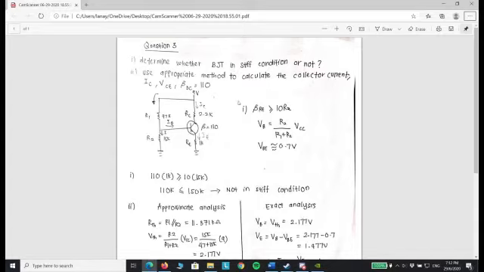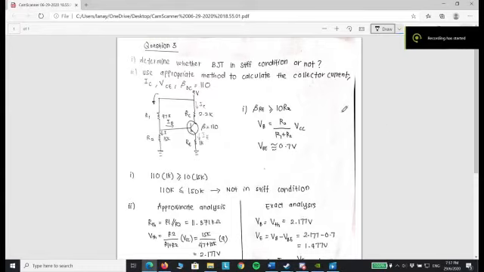To determine the BJT condition, we can use this formula, which is beta RE more than or equal to 10 R2. So just put the values into the formula. The beta is 110, the RE is 1K, the R2 is 15K. After you calculate, you will get this value. You can see that 110K is less than 115K. So you know that the BJT is not in stiff condition if it is less.